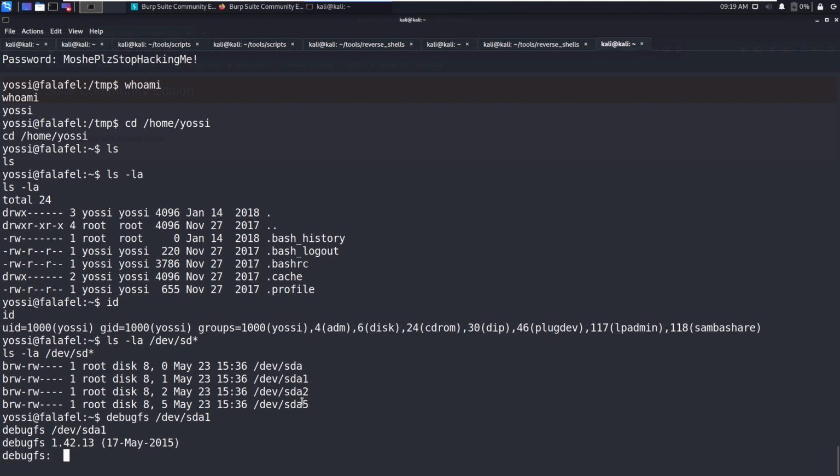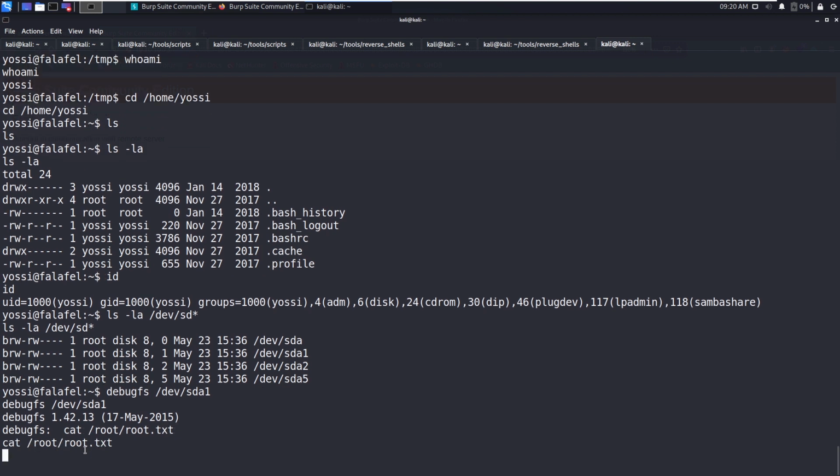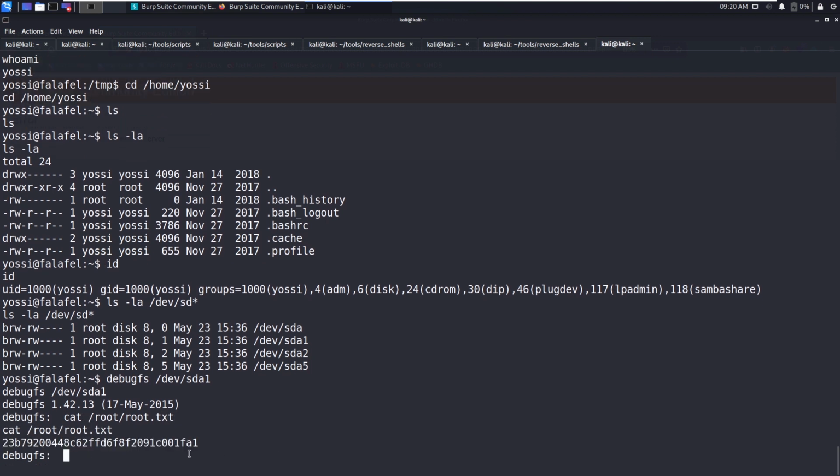So here you can read files, and of course you can write files because we have the write permission, but we are only going to fetch the root flag, cat root.txt. So this is the root flag.